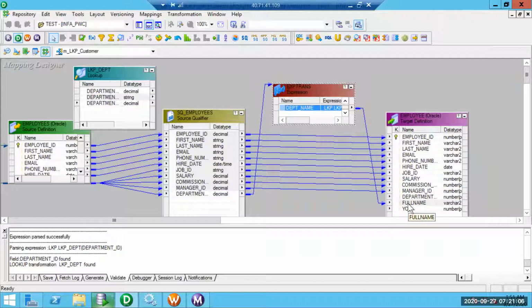In the previous session, when we made lookup an active transformation, it was not allowing us to connect from two different transformations. Since this is now a passive transformation, we were able to connect to the other transformation using two different transformations. Source qualifier is also a transformation. In case of active, we either need to pass those ports through the active transformation or they need to be joined using a joiner.